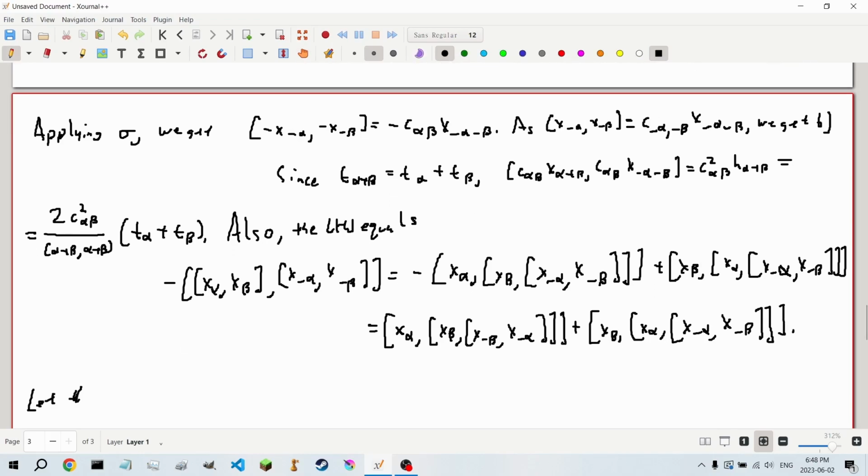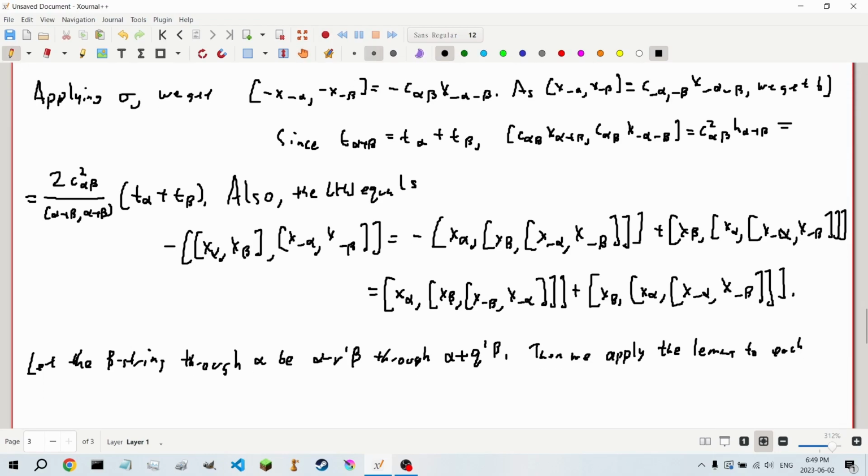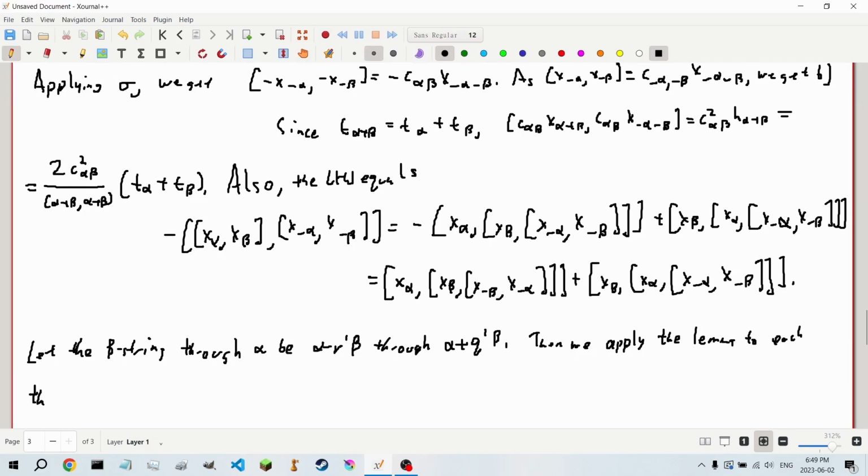Now let the beta string through alpha be alpha minus r prime beta through alpha plus q prime beta. Then we apply the lemma, the previous lemma, to each term after inverting alpha and beta to the negatives to get